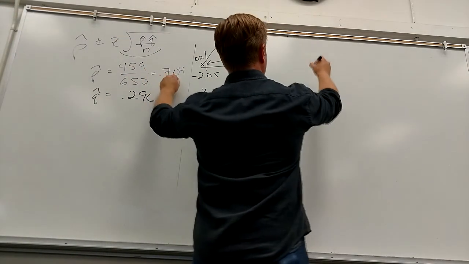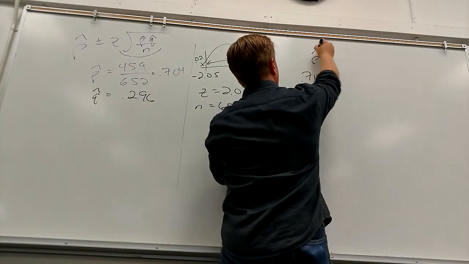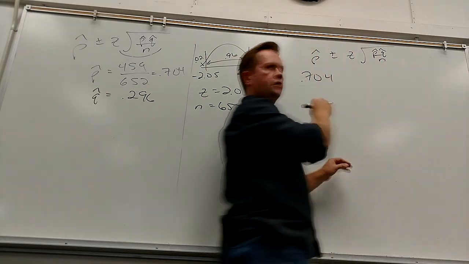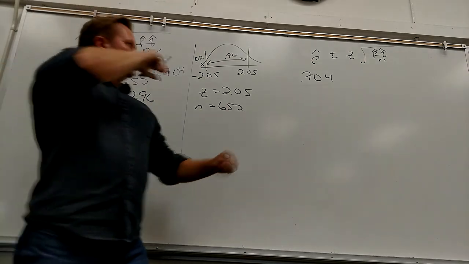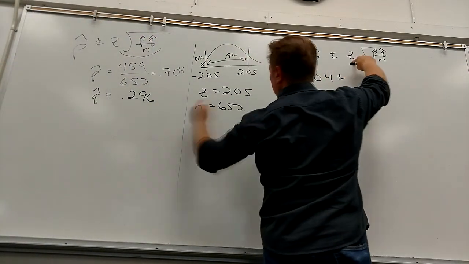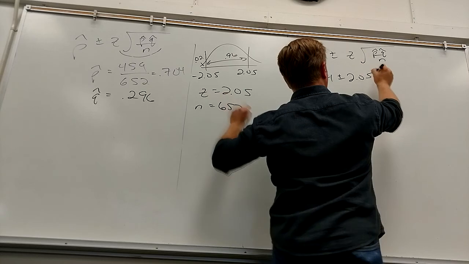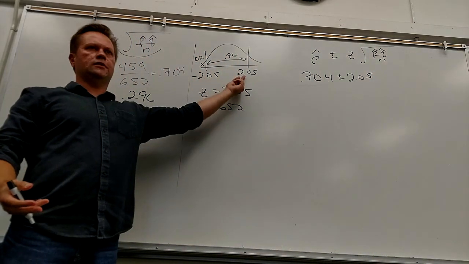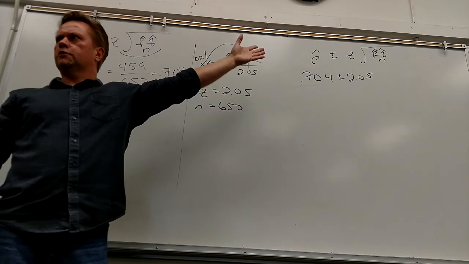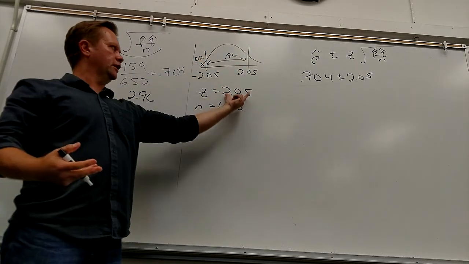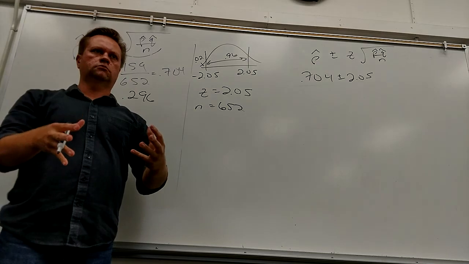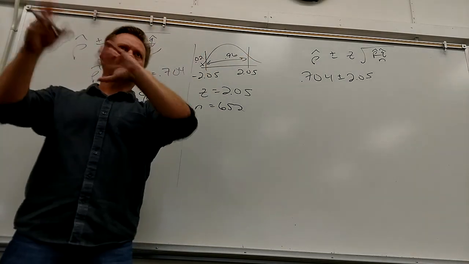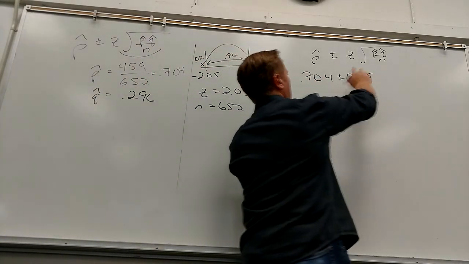So I got P hat is 0.704. So it'll be P hat, give or take, all this business. 0.704, give or take, 2.05. And by the way, that's why I always just write the number down. Where's the negative or positive? Well, it's built into the formula, right? The plus and minus. All I care about here is the number. Don't put a negative in there and freak yourself out and go, what's plus or minus negative? It's the same thing. Square root,